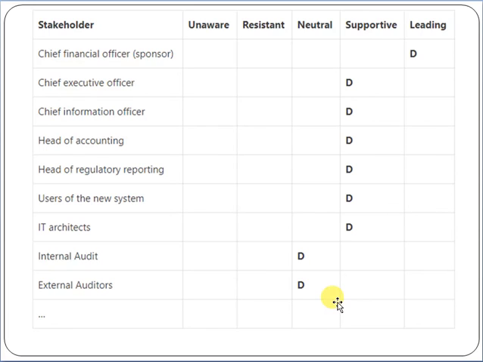So friend, why do you need to make this type of assessment matrix? Because whenever we are initiating projects, we must understand how many stakeholders there are and what their engagement level is. And also we must know whether you are getting the desired level from the stakeholders or not. This is very, very necessary, friend.